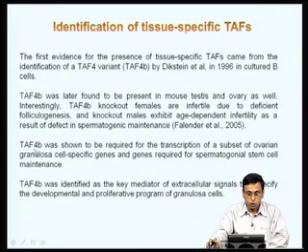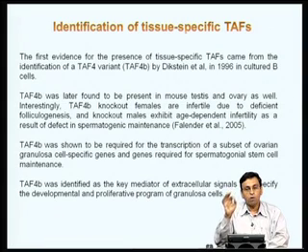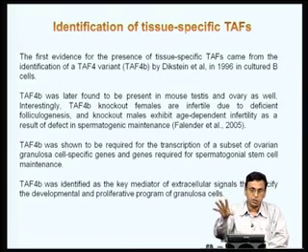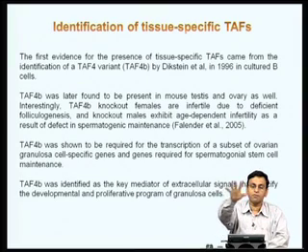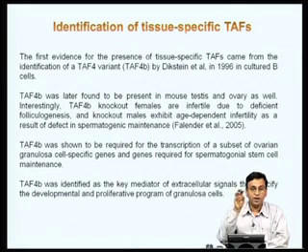So, TAF4B was shown to be required for the transcription of a subset of ovarian granulosa specific genes as well as genes required for spermatogonial stem cell maintenance. So, you can see these particular TAFs, which are expressed only in certain gonadal tissues, seem to be involved in the regulation of a subset of genes in these gonadal tissues. So, they do not have a general function, they are not involved in general initiation of transcription of all the genes, they seem to be involved in the activation of a specific subset